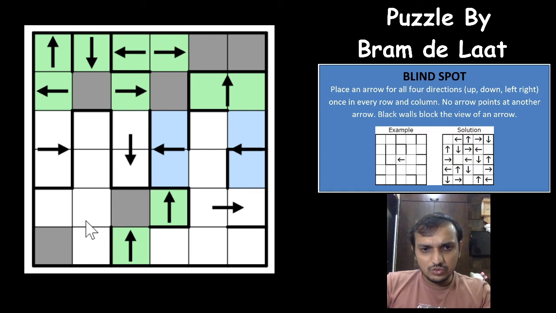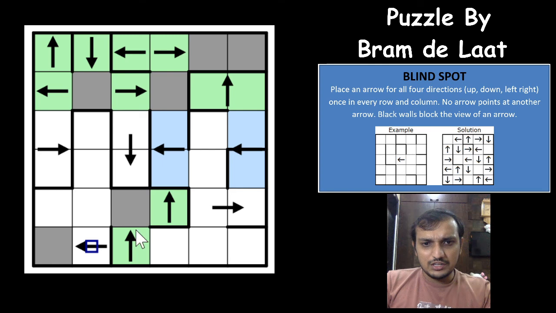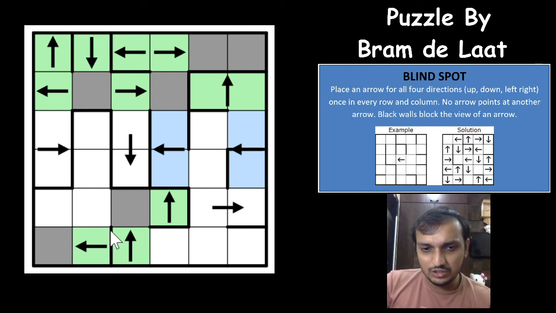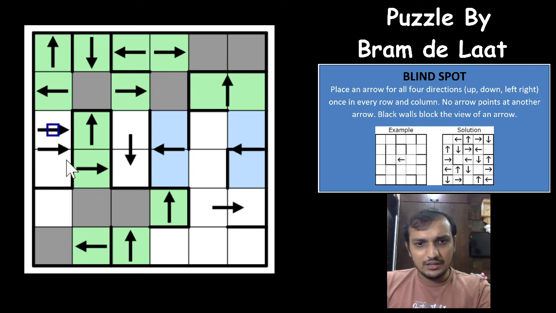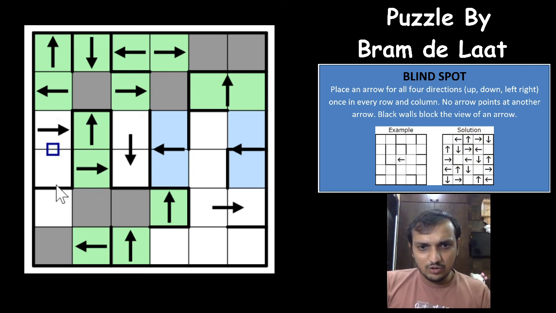And that gives you that the right arrow will have to be here. So we already discussed that right arrow will have to be in one of these two cells. So this is the right arrow, and now you need the upper and the left arrow. Upper arrow cannot be here. Upper arrow can be in one of these two cells, and right arrow can be in one of these two cells. So you cannot have a right arrow here, which means this cell would have to be the right arrow. This cell would have to be the upper arrow, and which means that this cell would have to be the right arrow again, and you have the lower arrow needed.